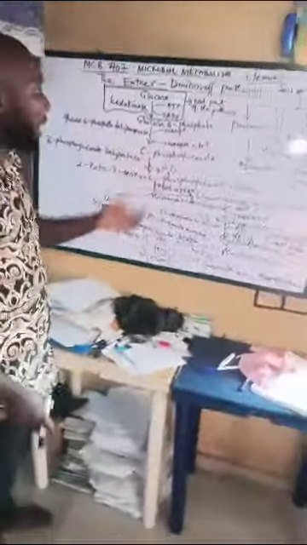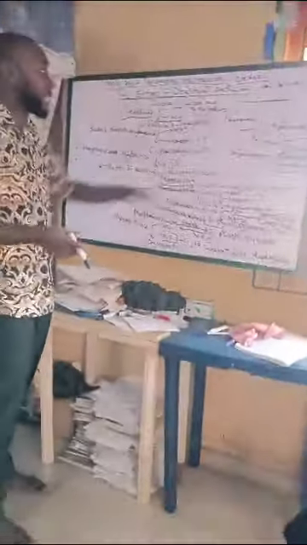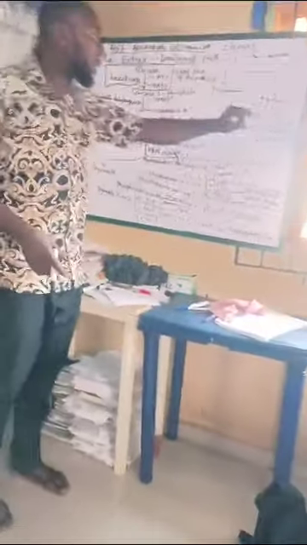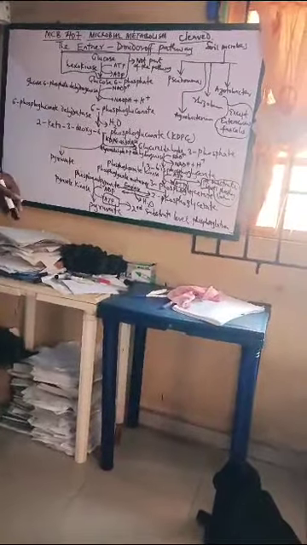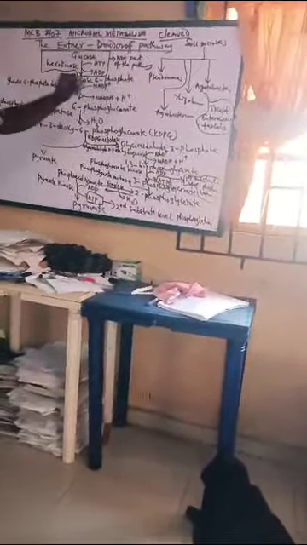Now, this Entner-Doudoroff pathway is almost the same as the pentose phosphate pathway. Most microorganisms prefer to use the glycolytic pathway, also known as the Embden-Meyerhof pathway, to catabolize glucose. However, there are some microbes such as Pseudomonas, Azotobacter, Rhizobium, and Agrobacterium that use the Entner-Doudoroff pathway to metabolize glucose to give you pyruvate. Now it starts with the same pathway as the pentose phosphate pathway, whereby glucose 6-phosphate is